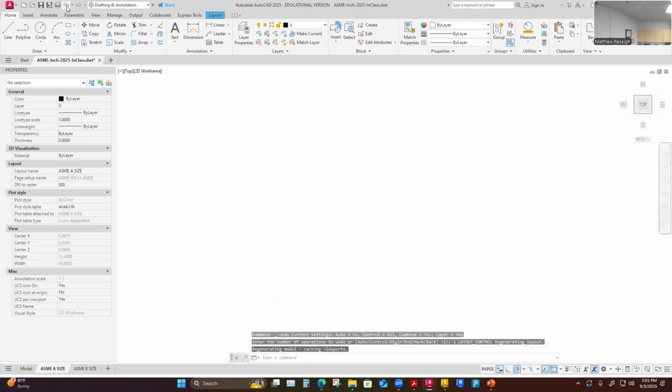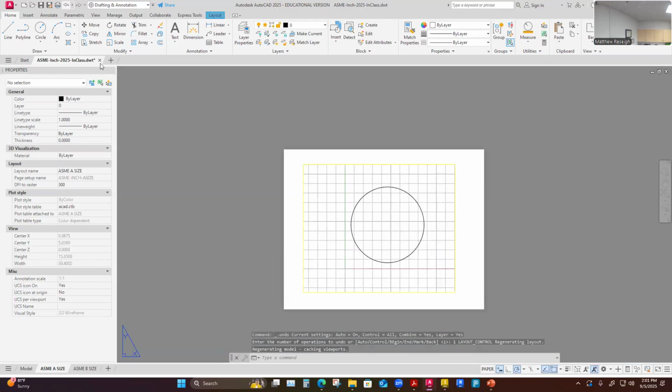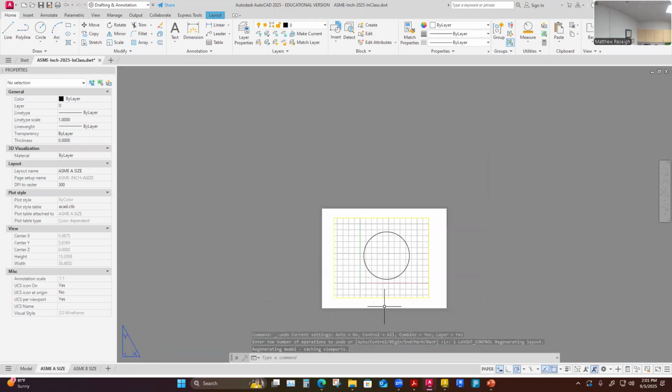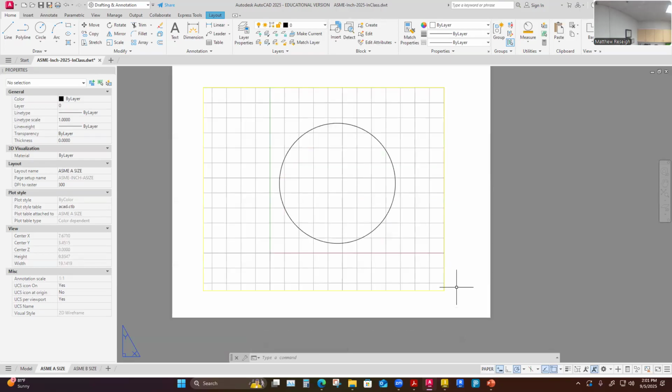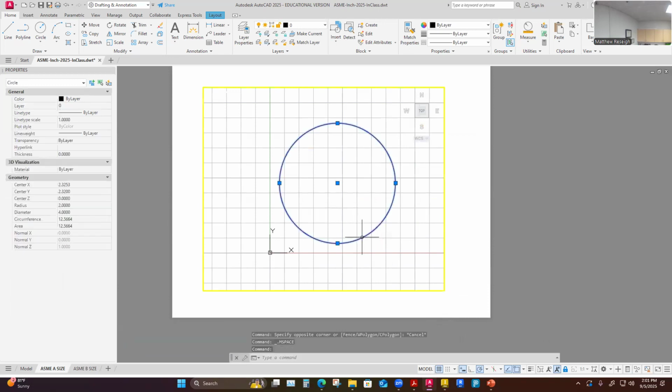I'll undo that for a minute. Okay. I want to show you that when you're in here, I think I told you that you're looking into a window of model space, especially when you click in here. I'm in model space. I should be able to delete this from here too. So if I delete this,